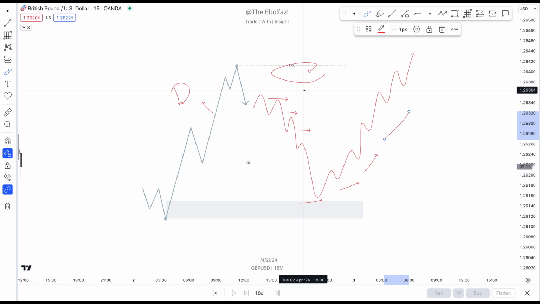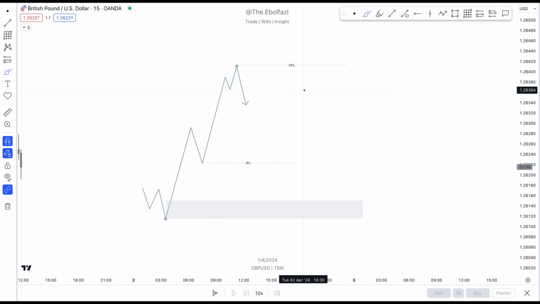That's possible, because I am going to show you the example so you can see what happened last week, for example on the EU, with the logic that you can understand, with all the information that I'm going to give you. So now, what is the rule to start selling into the internal range liquidity? I am going to draw my